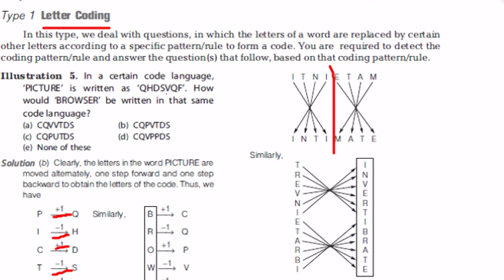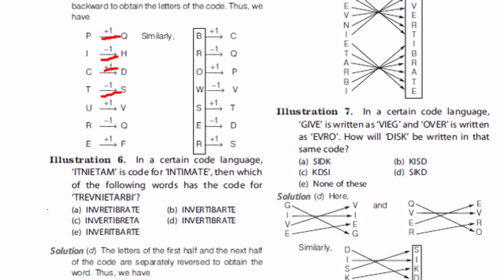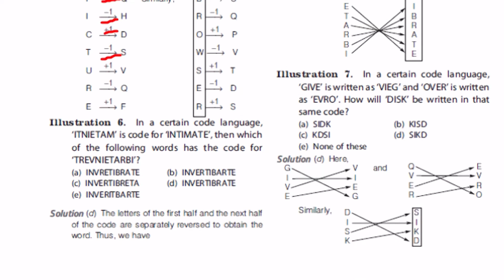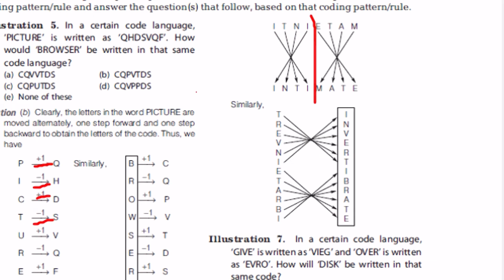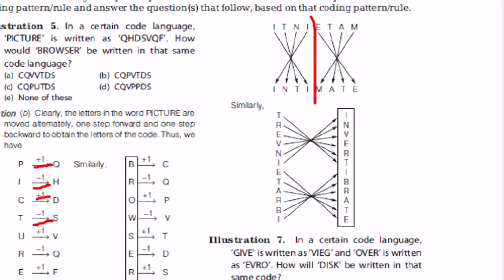You might be wondering how to identify whether it is this or that in a short period of time. The exam is literally a short period of time. You'll have seconds and minutes to solve the questions. If you practice more, you'll get them very easily by taking a brief look at the question itself. A practiced professional will say in seconds that the answer is invertebrate. Even you can do that by watching this video, because we'll be solving more than 50 questions. So this is one type of question.